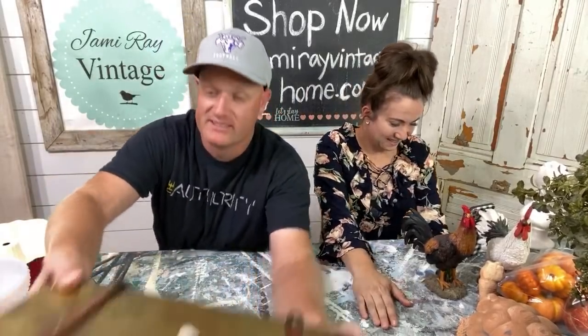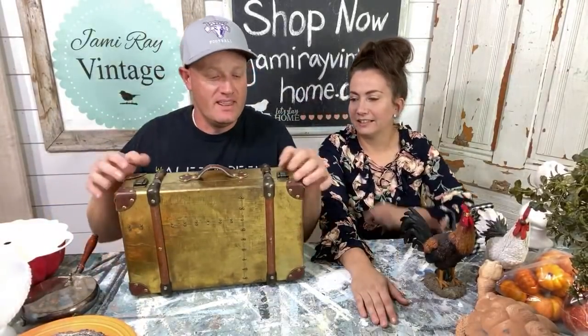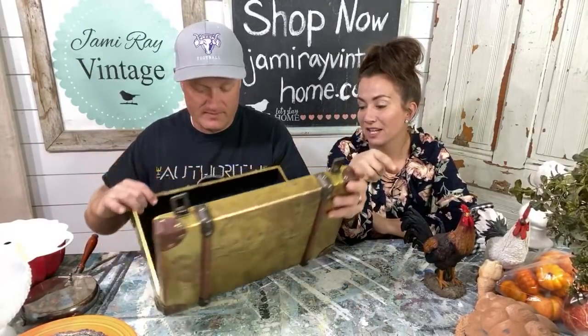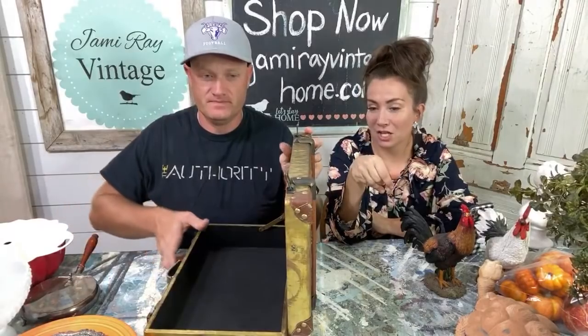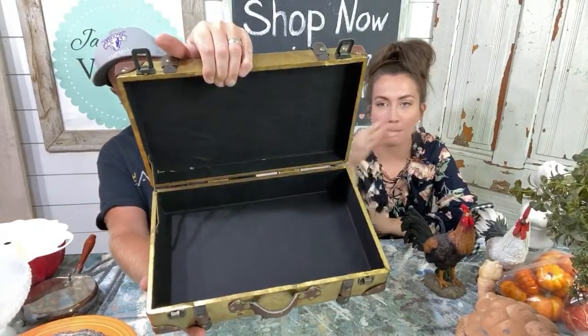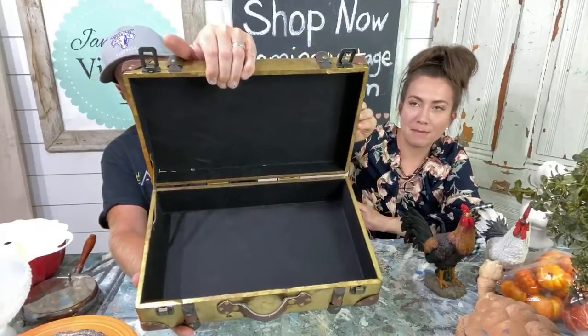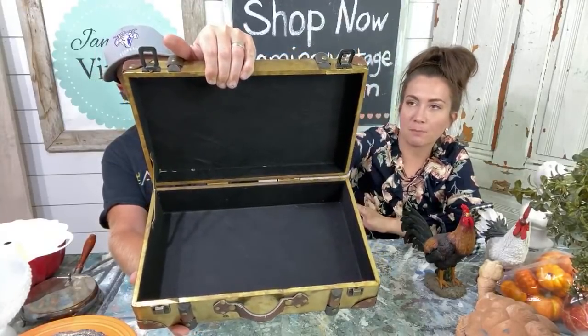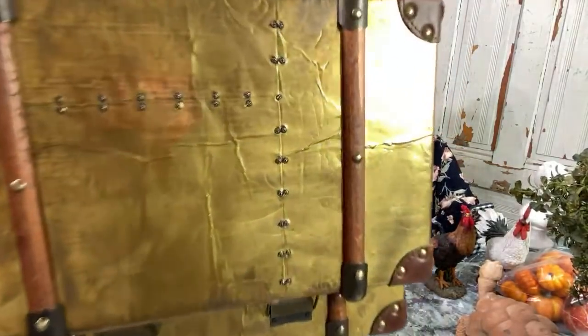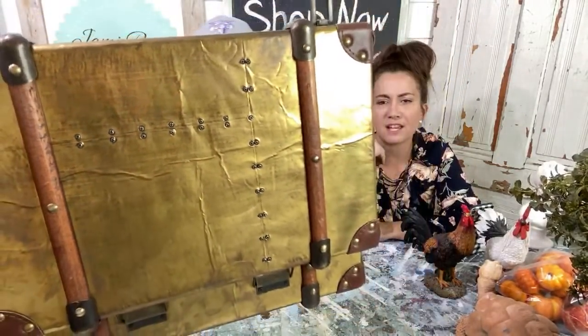All right, we got this suitcase that is probably one of the coolest ones. Radric picked this. Oh, really? He found it himself. It was $6 and we're selling it for $19.95. It's totally got a steampunk vibe, not painting it. It's been wrapped in metal. The inside is in pretty great shape. It's got these cool corners. It's not particularly old because I can tell by the way the corners are put on there, but definitely a